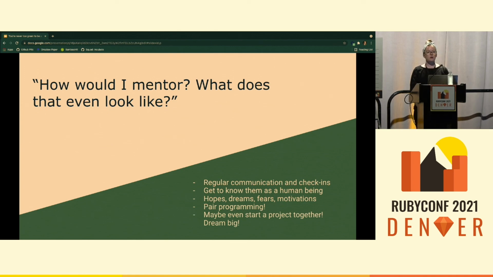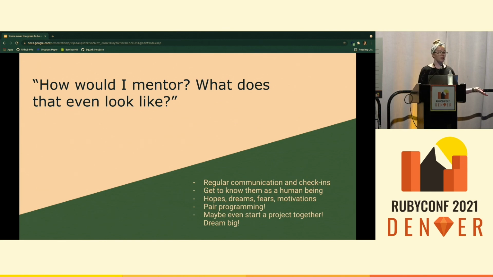Regular communication and check-ins are key. I have had several friends that have asked me about my transition into tech, because this is not my first career, and have kind of wanted to know why I did it. And then when I explain it to them and talk to them, they're really jazzed, and they're kind of considering it because maybe they're not happy where they are, what they're doing. So when I've offered to mentor them, this is what I was doing. We did weekly 1-hour Zoom meetings to talk about their hopes and their dreams, getting to know them as people, finding out what motivates them, what are they afraid of, and just helping lift them up and talk them through some of those challenges.